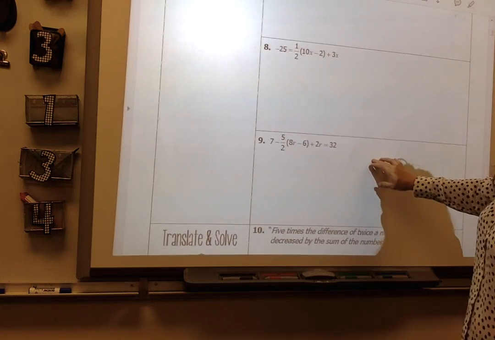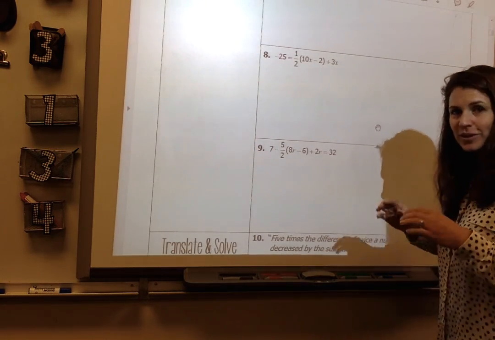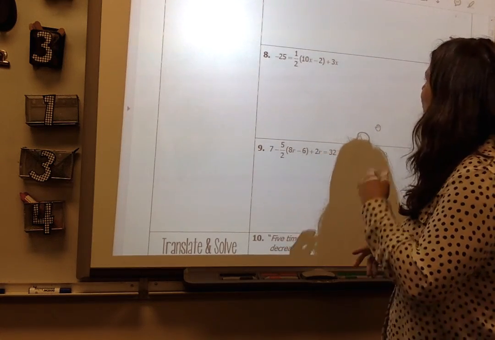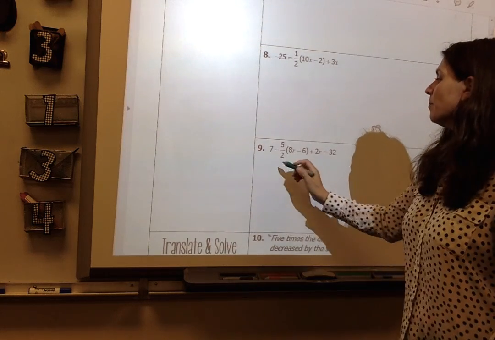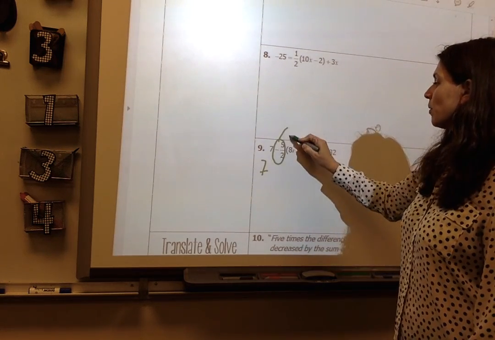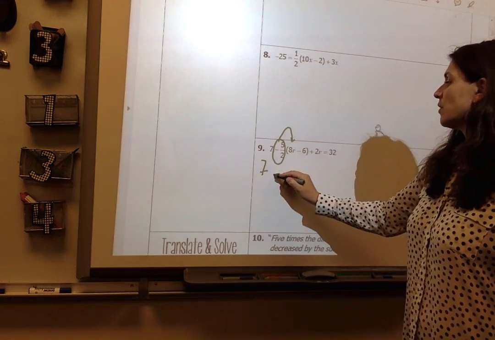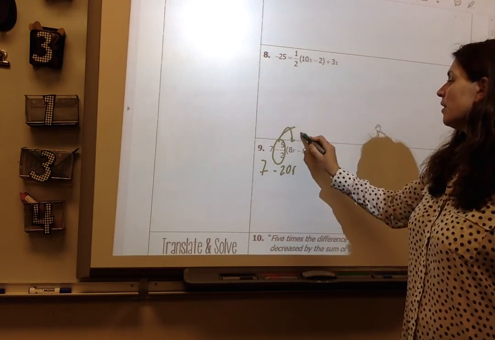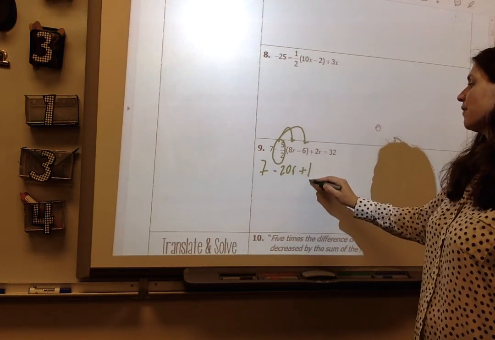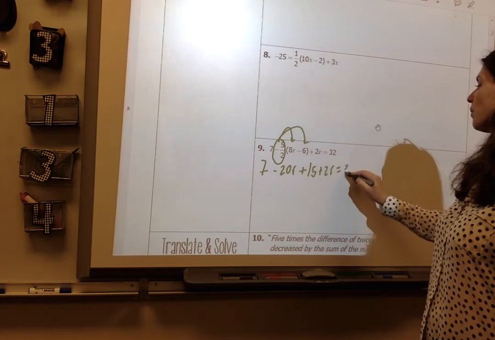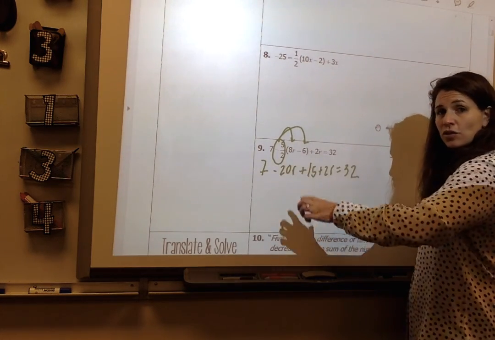All right, let's do one with a fraction, because I still want to see you in tutoring to do fractions, but let's walk through number 9 together. So 7 stays there. I'm going to distribute a negative 5 halves to 8r, and remember 2 and 8 cancel out. So that's negative 20r. Negative 5 halves times a negative 6 is going to be a positive 15 plus 2r equals 32. And if you're still questioning how I got this, come see me in tutoring so we can go